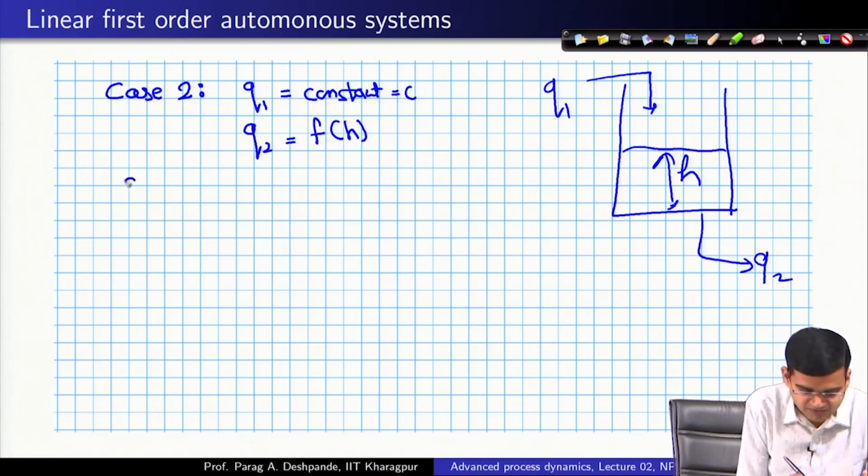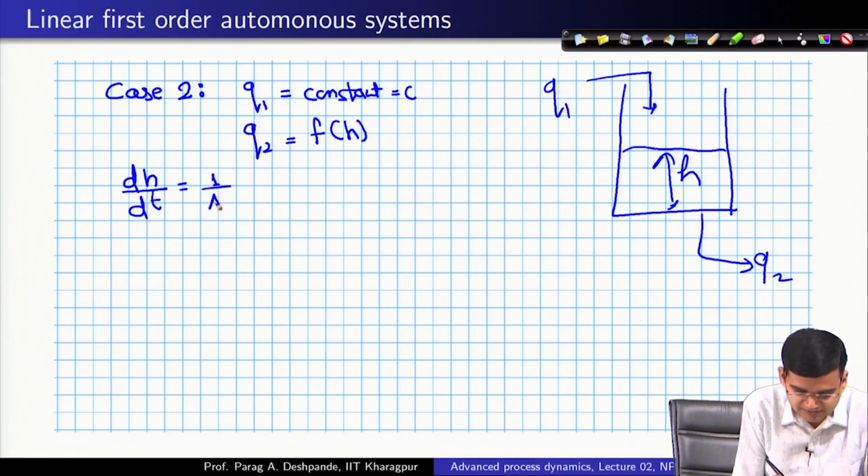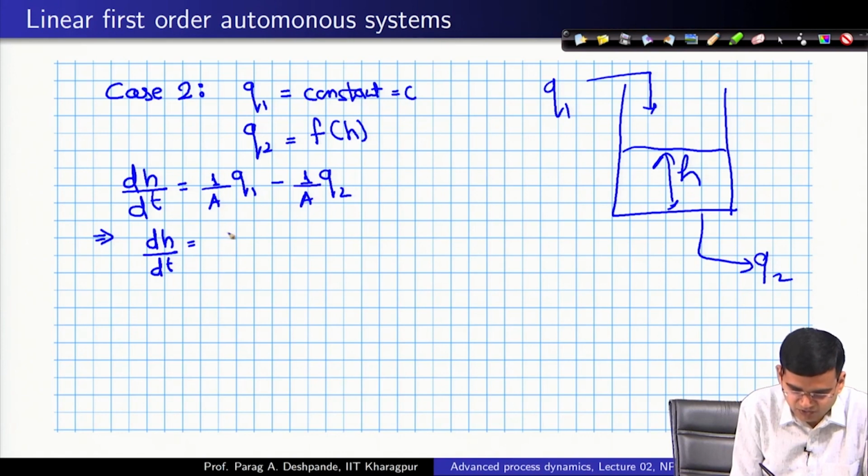So, my model equation was dh/dt is equal to 1/A Q1 minus 1/A Q2, which means this is equal to dh/dt is equal to C/A, because Q1 is equal to C, minus 1/A f(h),